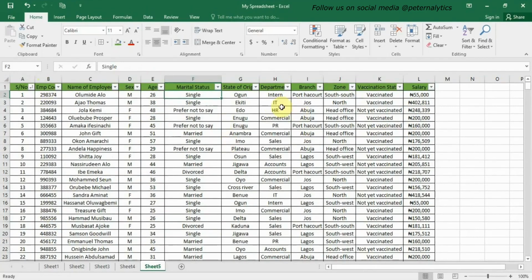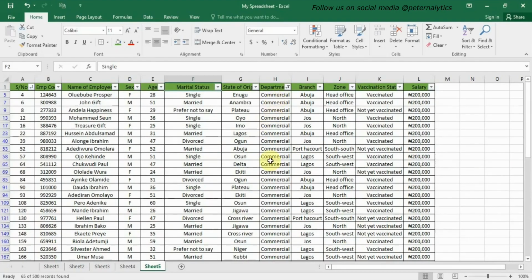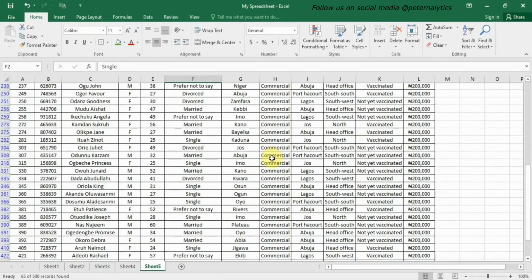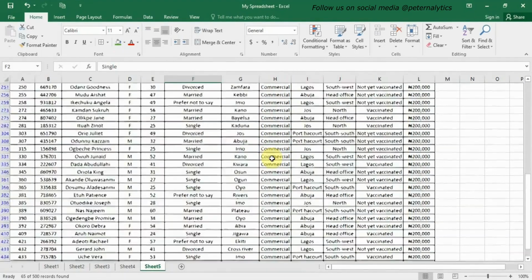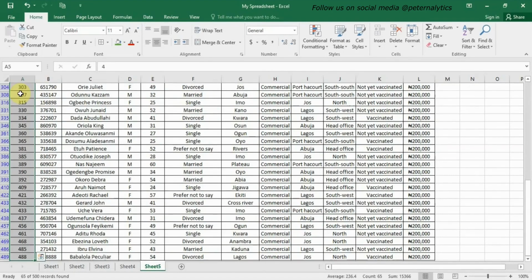Okay, so make we look at another example of a filter. So maybe we want sort according to commercial department. I want look the number of people wey dey commercial department. I fit just come this filter icon wey dey here, and then instead of ticking select all, I fit just untick am and then tick only the commercial department, and then if I click OK, so now only the data for commercial department na it will give us. So if I copy am like this, you see, now the number of people wey dey commercial department, 65 people